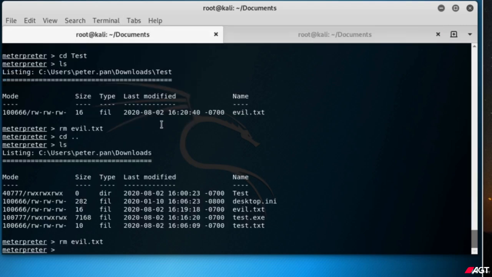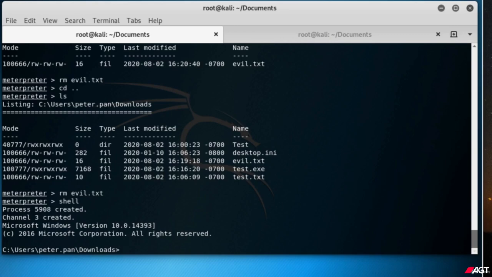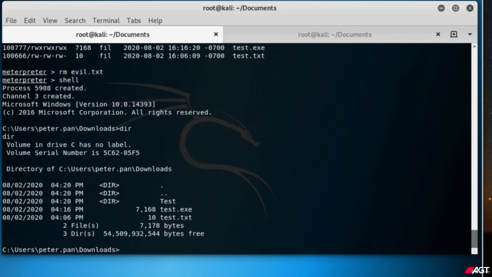Now if you're using a C2 framework that doesn't have these functionalities, or maybe you need to do this without a C2 framework, we could do it the manual method from a Windows shell. To do this, let's go into a command prompt shell. First, I'll show you how to copy a file over to another directory. It's very simple. Just use the copy command